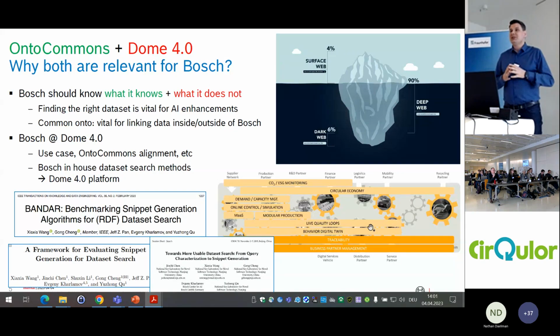Okay, the last one was just published on the benchmark for dataset search. Because the marketplace offers the place to share the data, but of course data should be discoverable with smart keyword or some other searches. Data should be, when it's found, represented in a way which is consumed by the users, so that they know why the data is there and so on. So we do these types of things, and we are envisioning embedding our AI algorithms for dataset search in the DOME platform.